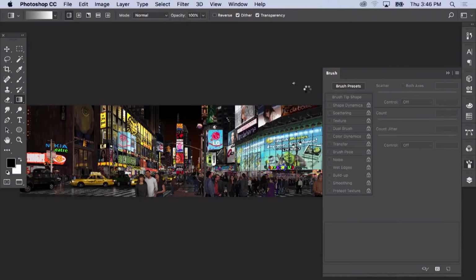I'm going to go in here and talk about brushes. Brushes are very important. I'm going to use two more topics, brushes and filters, because those are the fun ones. Those are the ones that kids love to play with. Brushes and filters. Now, the brush engine here, which was developed back in Photoshop 7, kind of turned Photoshop into